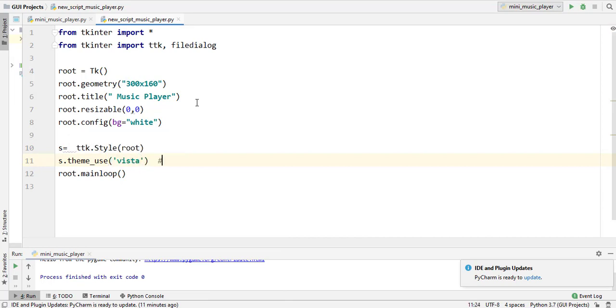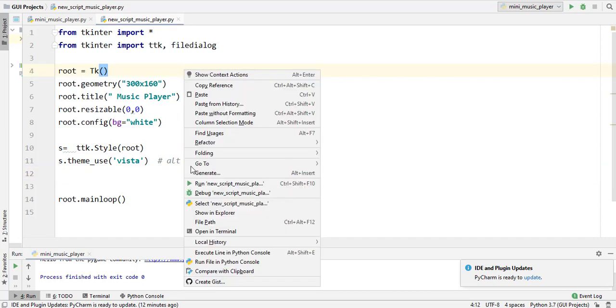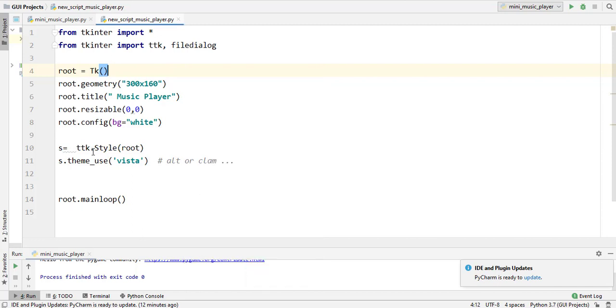You can also use alt or clam theme. It's up to you which one you prefer, or you can download external themes using the ttkthemes module or any other module. As you can see, my code for the GUI is completed, and let me run it.